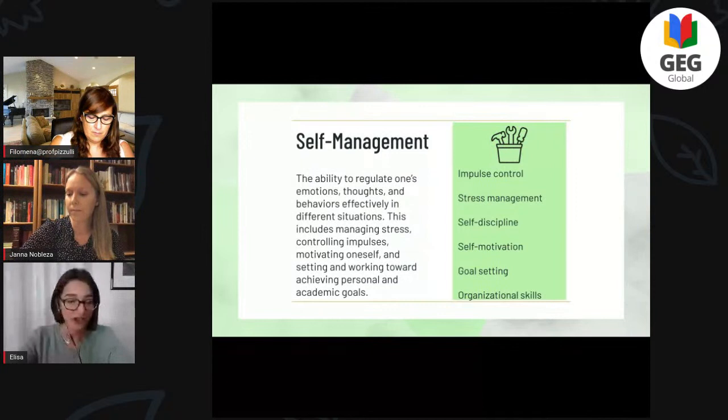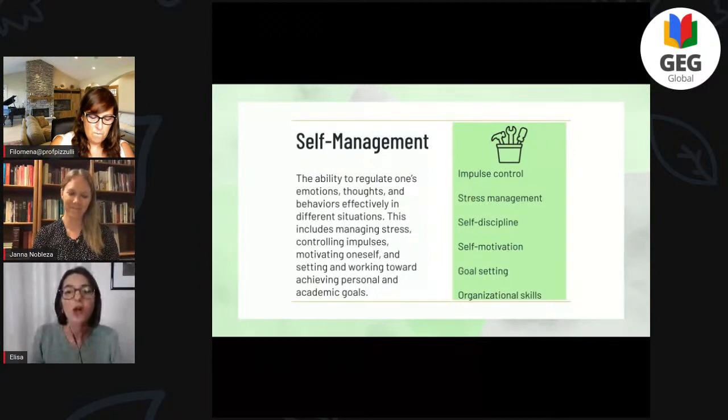Especially right now, I'm sure that many of you are dealing with a good amount of stress. So first we identify it with self-awareness. And once we are aware that there is a stressful situation and that we are feeling the stress, we can then turn to self-management, to our toolkit, to choose what to do.